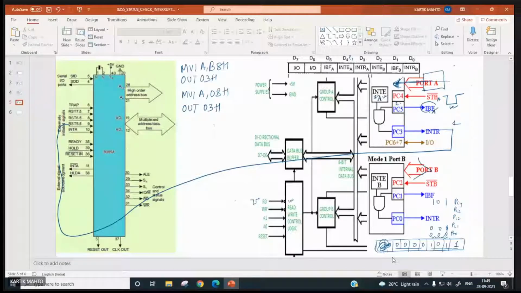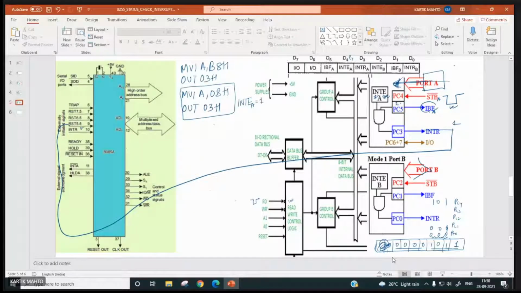Since already we have configured 8255 in interrupt driven IO mode, INTEA we have made 1 using BSR mode. This is for INTEA equal to 1. Interrupt enable is already done. So now processor will branch to ISR of RST 5.5, right?